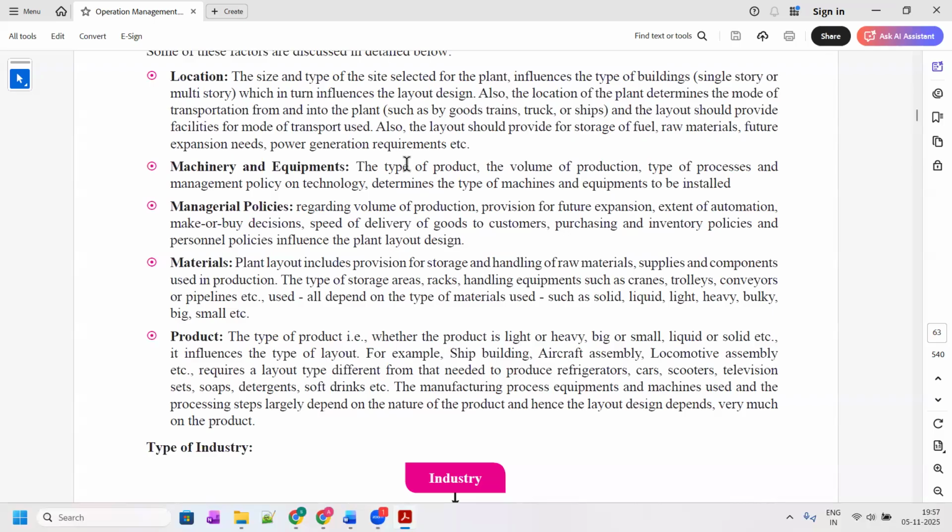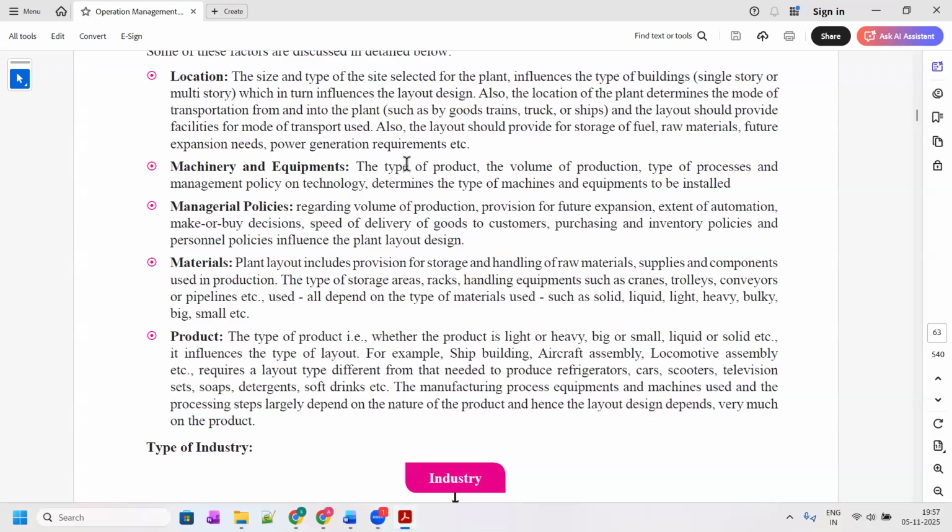They should think about the relationship between material, machines, people, which we call 3M, material, machines, people, where factors like type of product, type of worker, type of industry, management processes, all need to be thought about. When we talk about location, the size and the type influences the kind of building,